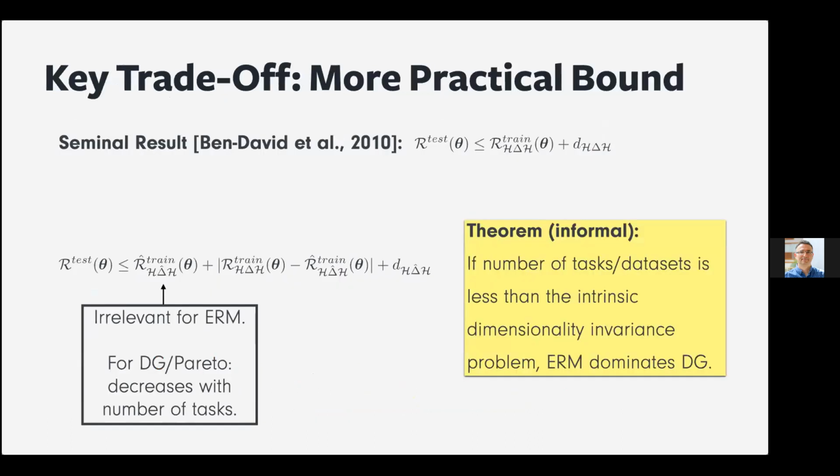I think we can go back to the seminal result of Ben-David. He basically said that the zero-shot test error is dominated by two terms. One is a complexity term. The other is the best test error that you can obtain within your training data set, within the constrained space, within the invariant representation you learn. I think the last decade of machine learning research focused on the complexity term. We tried to find very inventive ideas to constrain representations such that they give us invariance. But no one cared about the other term, which is the error you get over your training data sets within the constrained space.